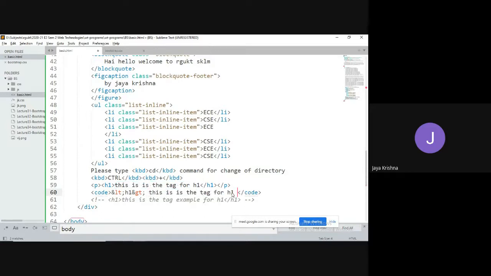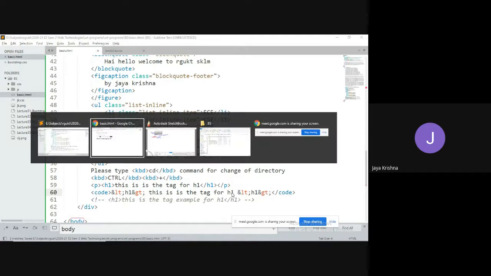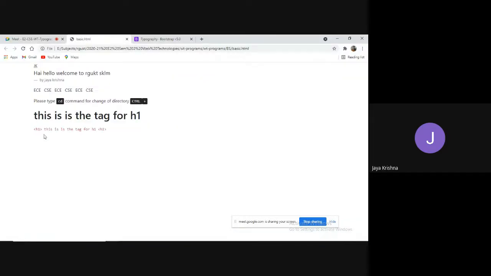Then once again I close the H1, with the greater than symbol. Observe, it looks like code. This is the way you can use the code tag.